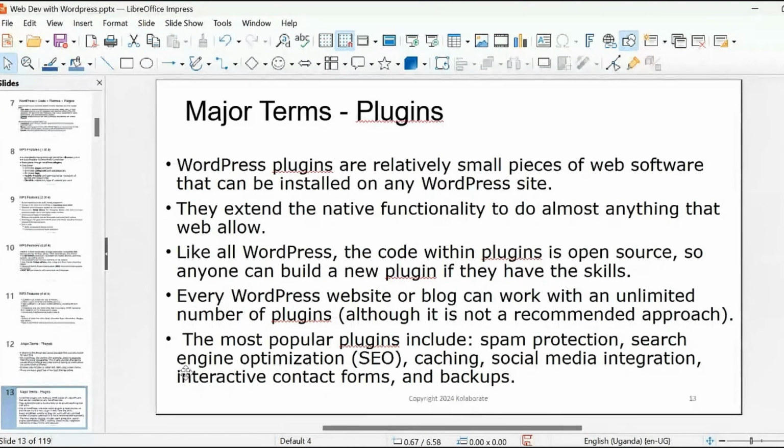So that's a function that has been added to the laptop. Just like that, there are pieces of web software that can be installed on a website to add that particular function. Okay, and that is what plugins do.